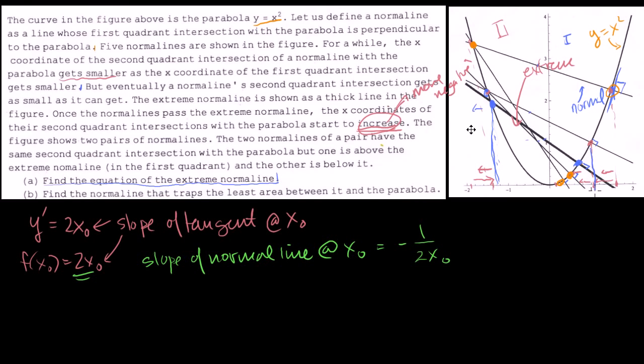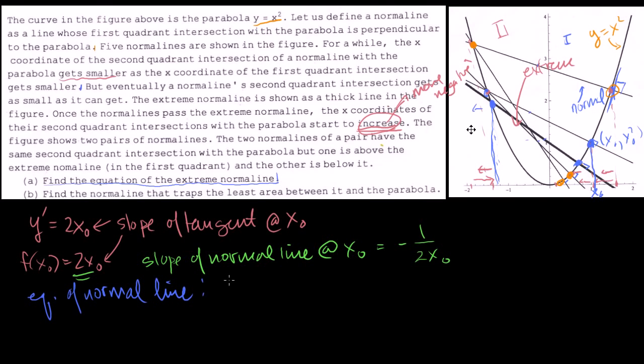Now, what is the equation of the normal line at x naught? Let's say that this is my x naught in question. What is the equation of the normal line there? Well, we can just use the point slope form of our equation. So this point right here will be on the normal line, and that's the point x naught, x naught squared, because this is the graph of y equals x squared. So on this normal line we'll also have this point. So we could say that the equation of the normal line